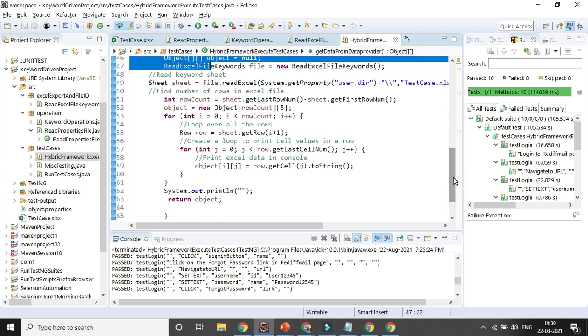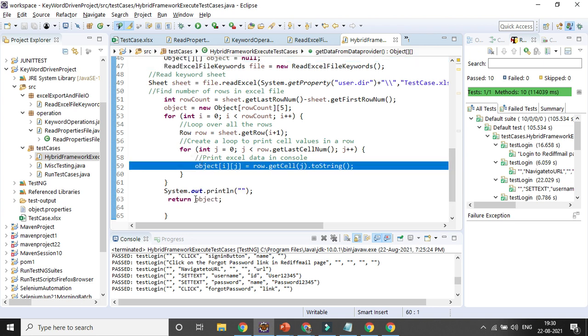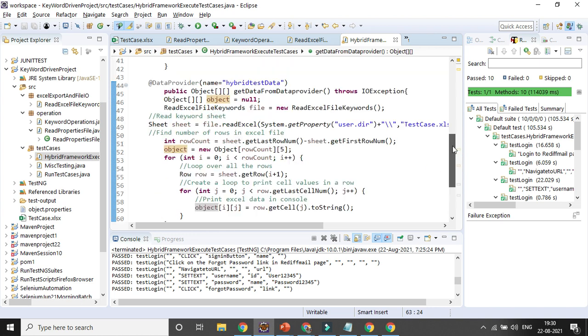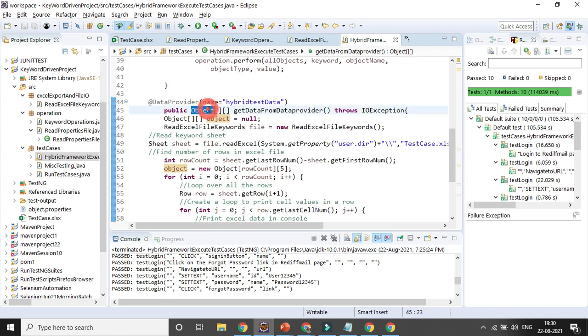With the help of the outer for loop I am going row wise, and with the help of the inner for loop for each and every row I am going to each and every cell. Then with the row and column combination, I am going to the cell, and each and every cell I am trying to convert to a string. So that is the reason the return type is object, and whenever I am creating a data provider, the return type is also object and public.